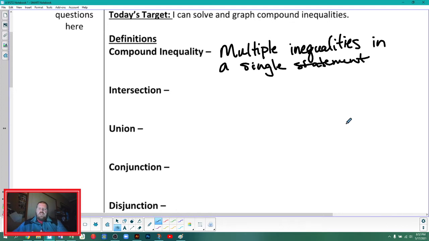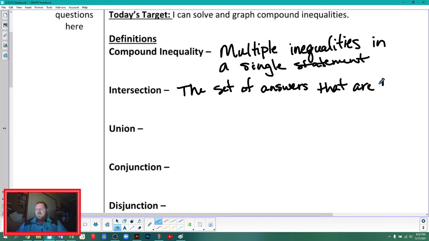The intersection is considered the set of answers that I'm going to be kind of specific to inequalities that are true,